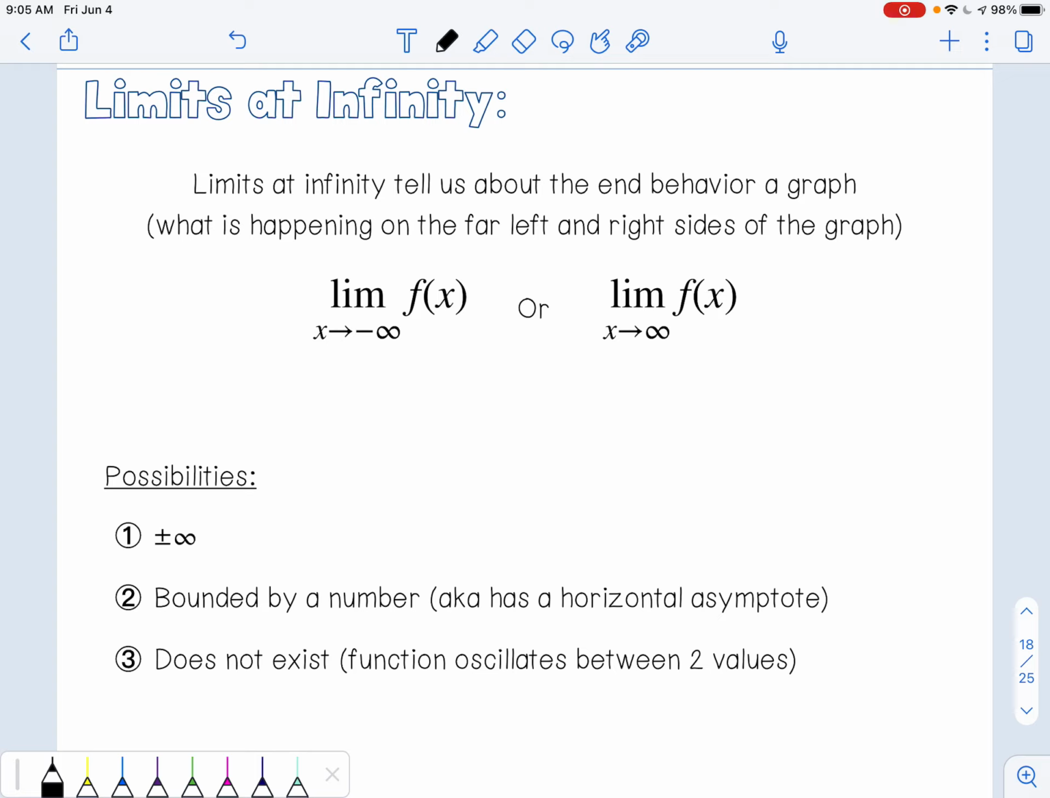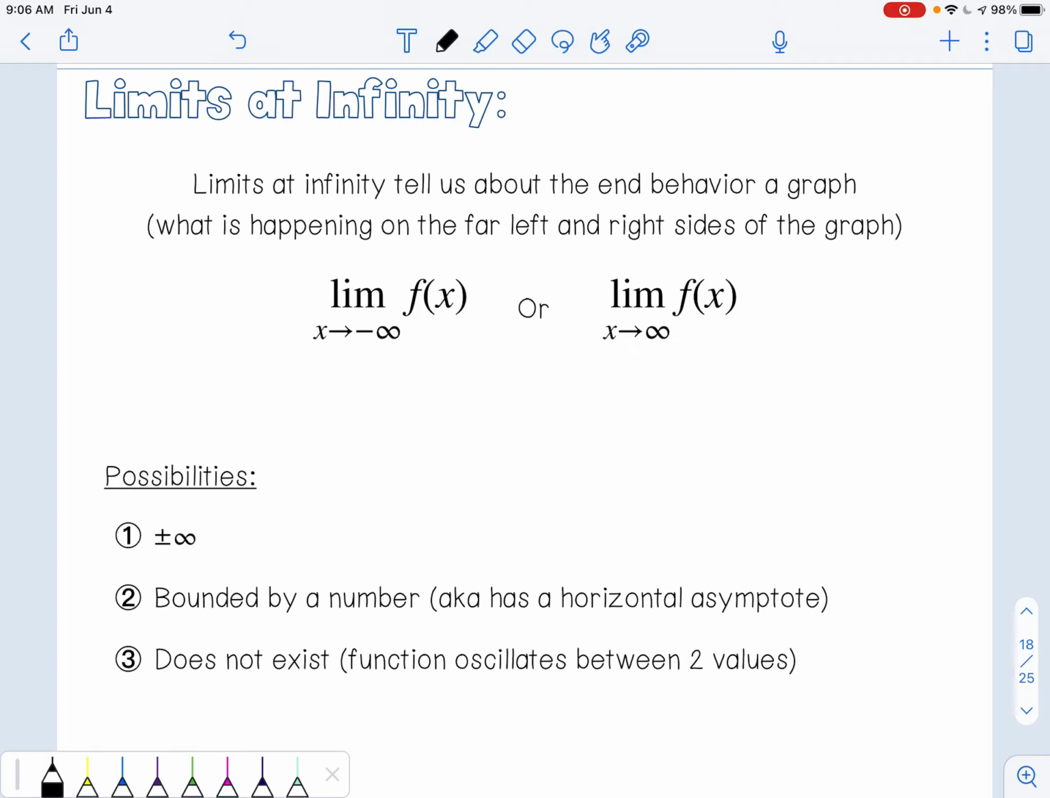So we have three different possibilities for what our answers could be from these problems. The graph could approach positive or negative infinity, so it could grow without bounds. These could be bounded by a number, which means that the function has a horizontal asymptote, or it could just not exist. So a case where the limit as x approaches infinity would not exist is if the function oscillates